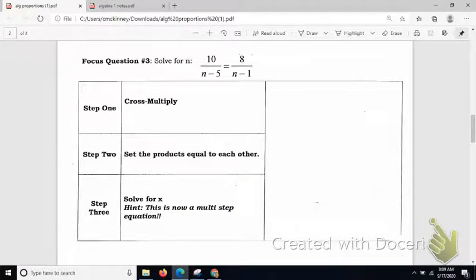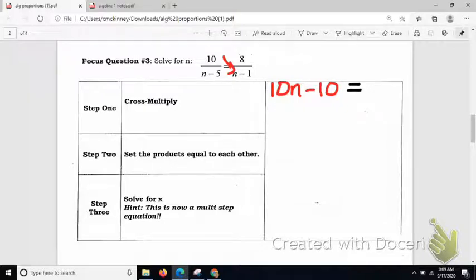Oh, now we've got expressions in 2 places. It's okay, we've had equations with more than one variable, the same variable, but happening more than once. So we're taking the 10 times n minus 1. So that's 10n minus 10. So I just went ahead and distributed that. And then I'm going to go the opposite